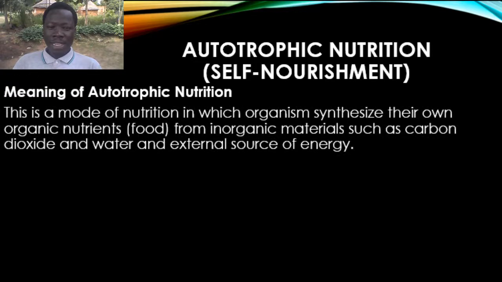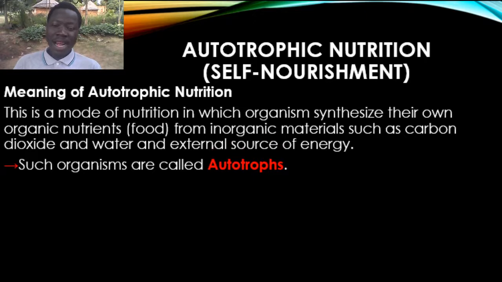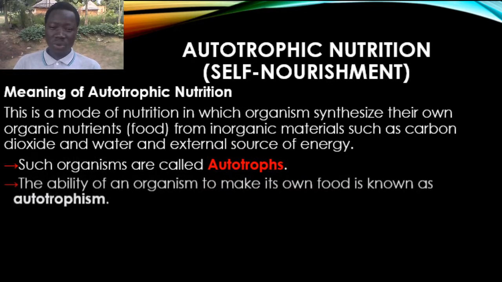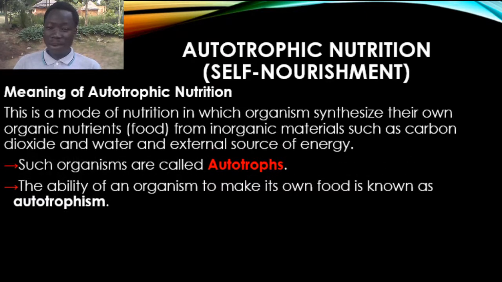By definition, it is a mode of nutrition in which organisms synthesize their own organic nutrients from inorganic material, that is carbon dioxide and water, and they use an external source of energy. And they are called autotrophs. We have already known that term autotrophs, so we shall continue to use it often, so keep it in mind. Autotrophs are these organisms that are able to synthesize their own food using inorganic materials, carbon dioxide and water,